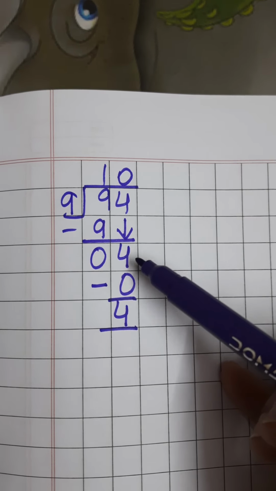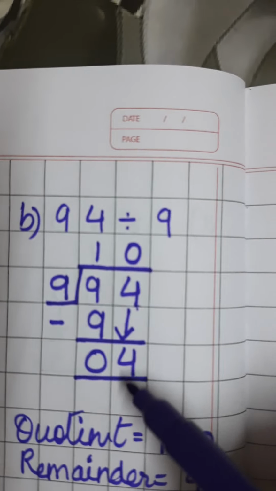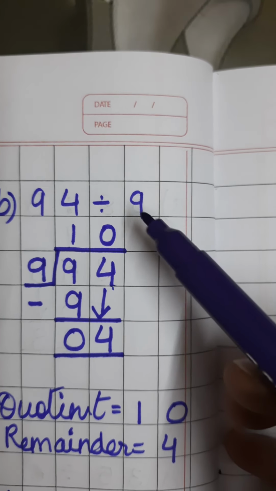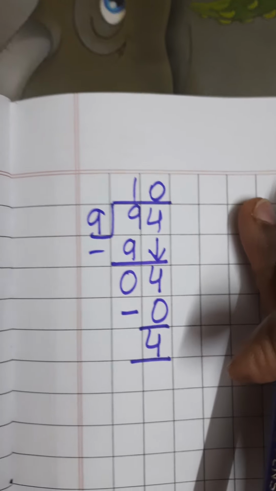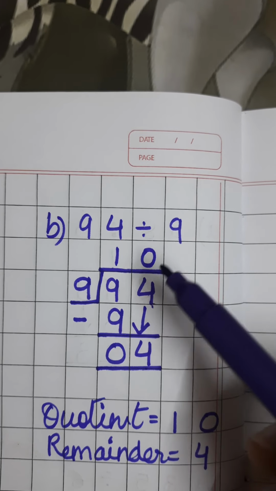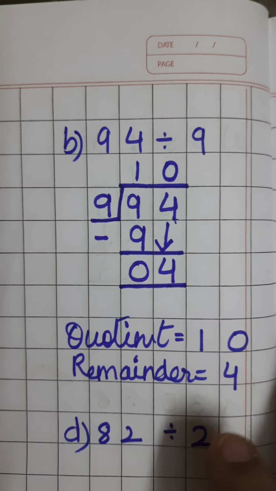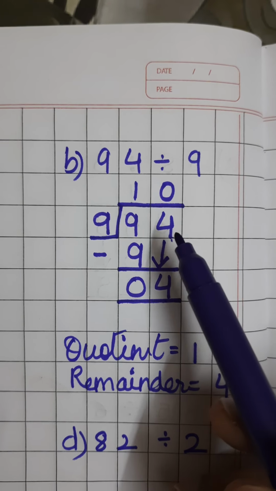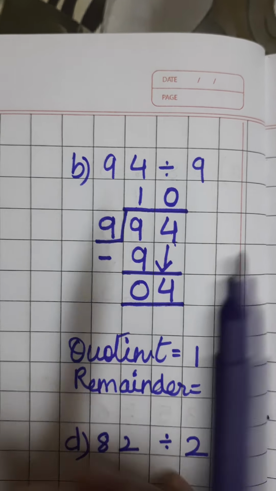So to avoid this whole process of subtracting 0 from 4, since we know that whenever our subtrahend is 0, the difference is equal to the minuend, right? So just to avoid this process, we directly write 0 on the top. Since we know that 4 cannot be divided further, we give it 0 marks. Otherwise, this is the complete process, which I have not explained in detail, because even if you do this much, that is absolutely correct. It is not wrong if you don't show subtracting 0 from this number. All right. So if any digit of the dividend is not able to get divided, we give 0 marks.